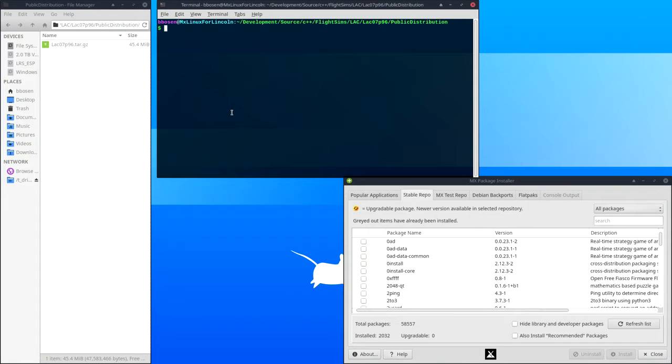This is a pure installation of MX Linux from late February of 2020, fully updated, but without any optional packages in it except for Mumble. I'm going to install Linux Air Combat on it. I have a folder here containing the archive, the public distribution archive of Linux Air Combat version 7.96, the current